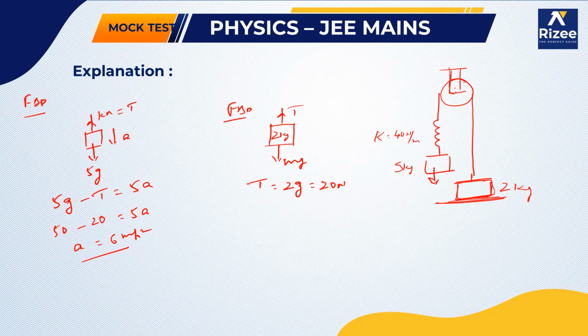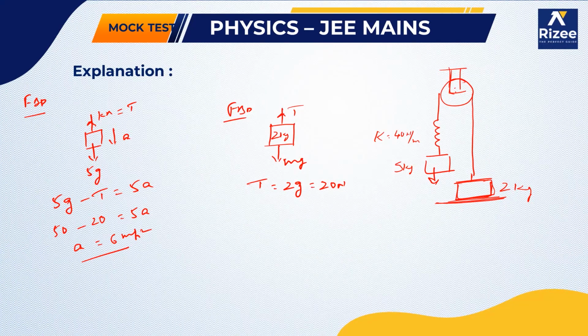So now we have got the acceleration with which the 5 kg block is coming down, but he has asked the speed with which it is coming down. He has asked the speed with which it is coming down. So to calculate the speed with which it is coming down, what sort of a relation do we need to take? So in this particular situation, whether it is the tension or the kx, whatever is going to be there, let us go for the law of conservation of energy here.